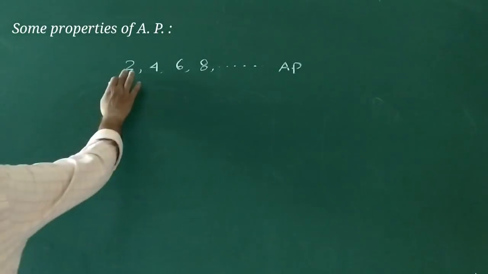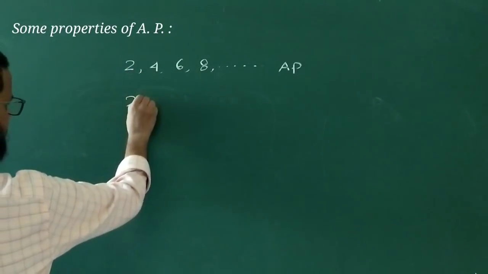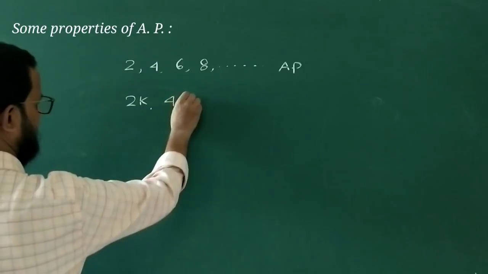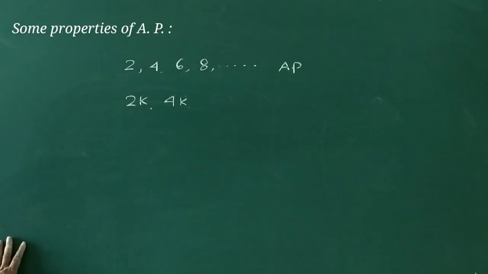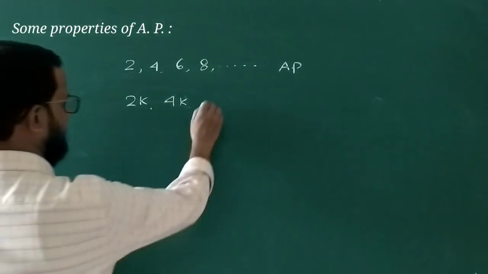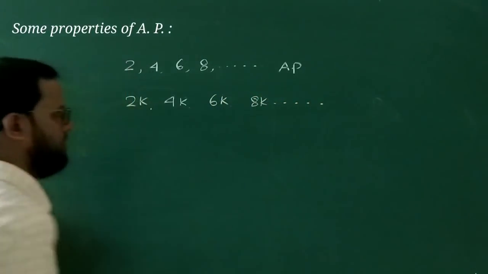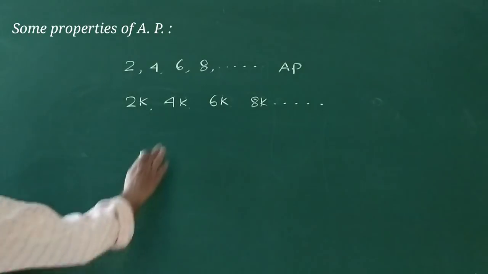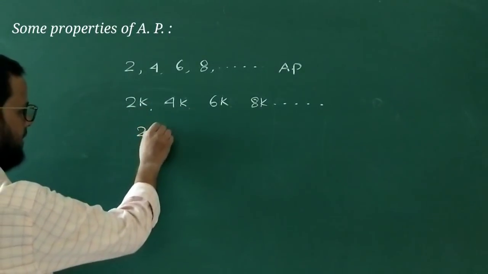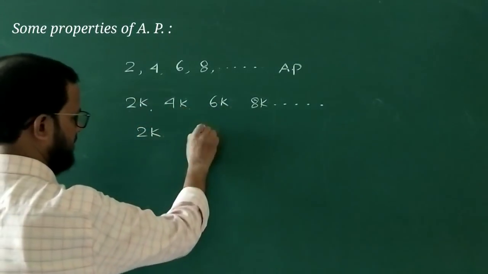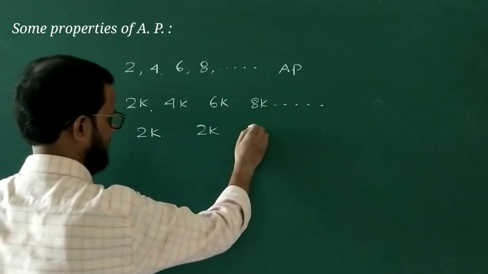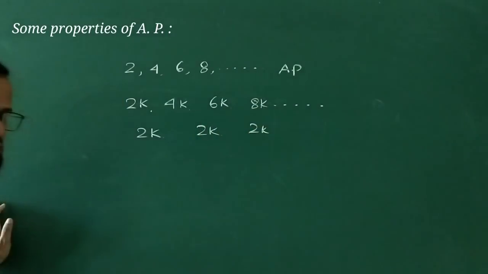जैसे if I multiply 2 by suppose k, this is 2k, this is 4k, and this is what, 6k, 8k, in this way. ओके, तो उसका कॉमन डिफरेंस क्या हो रहा है, देखो कॉमन डिफरेंस 4k minus 2k क्या हो रहा है 2k, 6k minus 4k क्या हो रहा है 2k, 8k minus 6k is what 2k, ये सुन नो दैट मीन कॉमन